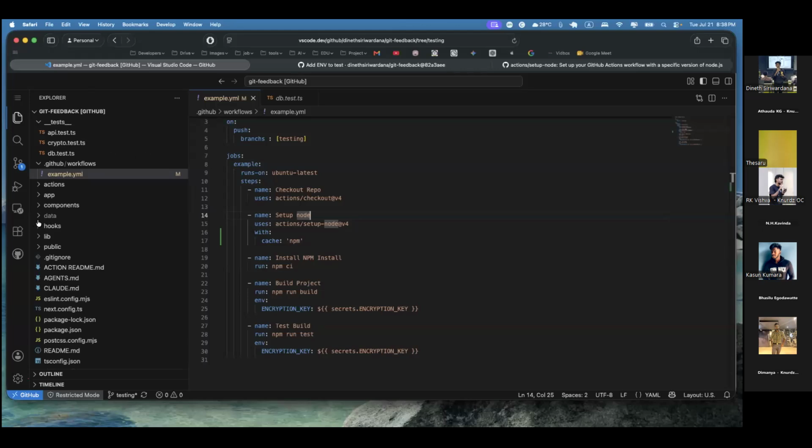Okay, just skip that. So we are going to just cache the npm, and before that, let's go to the